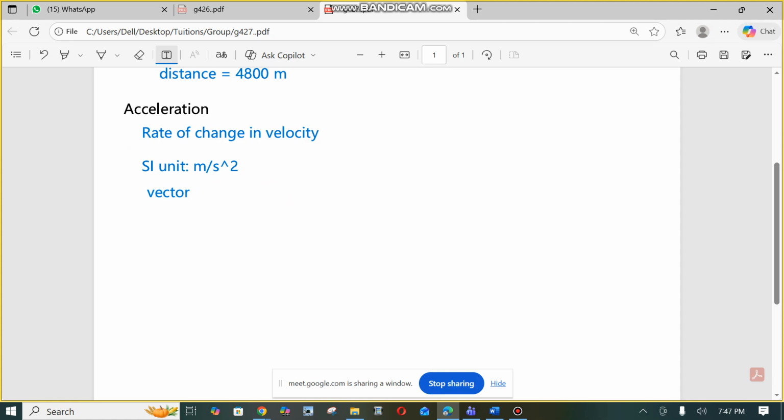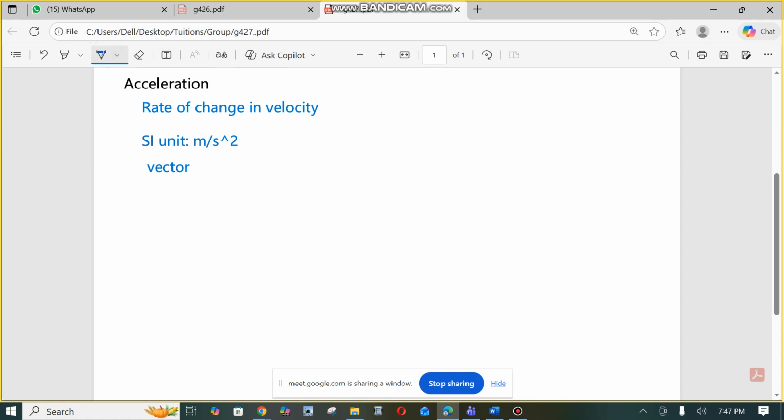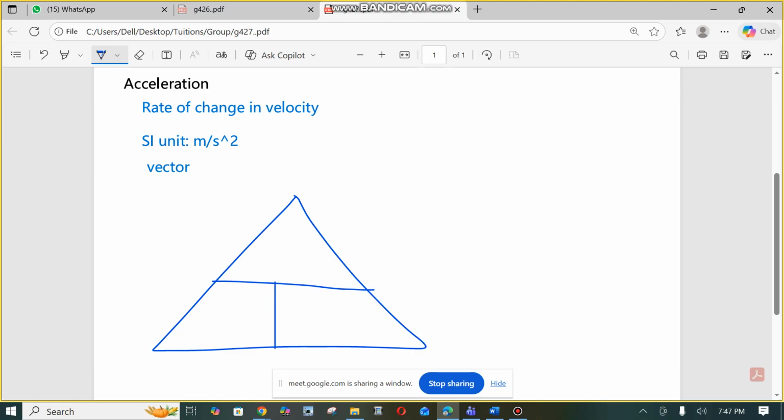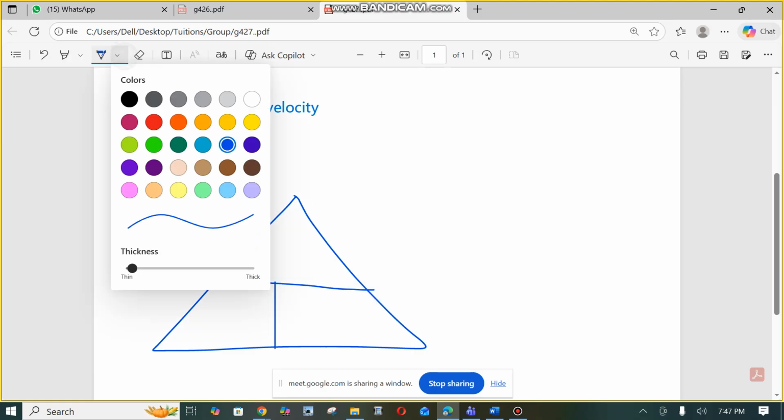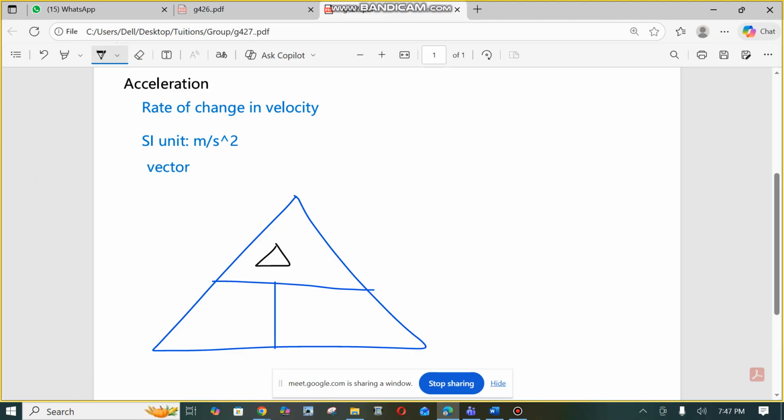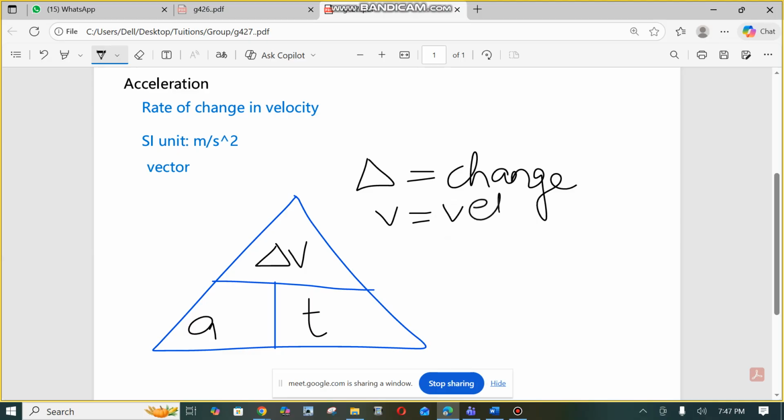But in order to understand the formula for acceleration, the triangle that I can simplify for you is the VAT triangle, I call this, or the change in velocity, acceleration, and time triangle, where delta means the change, and v is the velocity notation here. So if I want to find the acceleration, I have to say delta v divided by t,